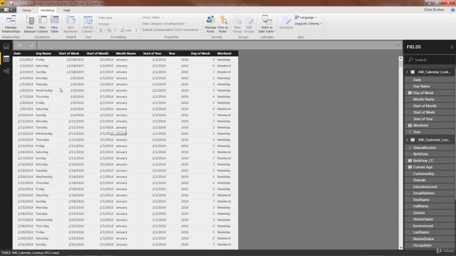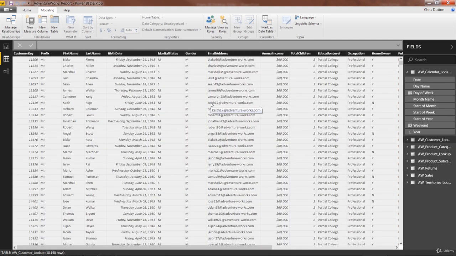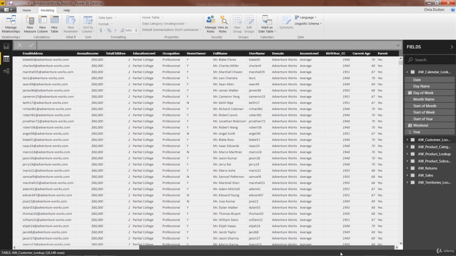All right, so in the report, head to your data view, as always, and let's jump into our customer lookup table. The first thing I want to demo is that concatenate function, and a great opportunity to do that is to replicate the full name, just like we created in the full name column using the query editing tools. This will be a good opportunity to show that we can do the exact same thing using a calculated column